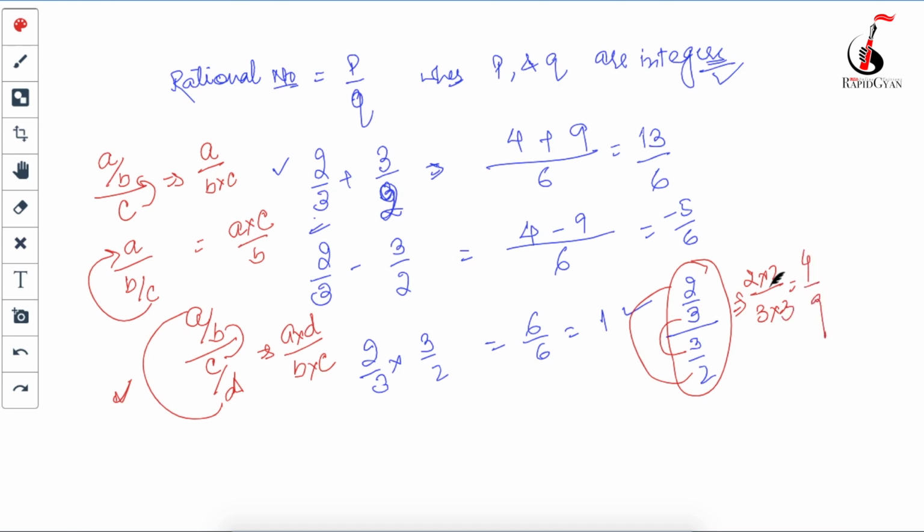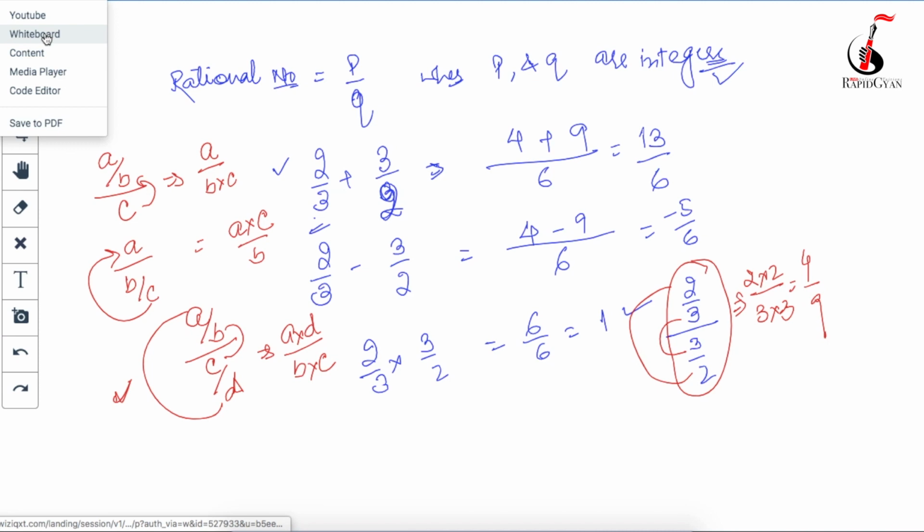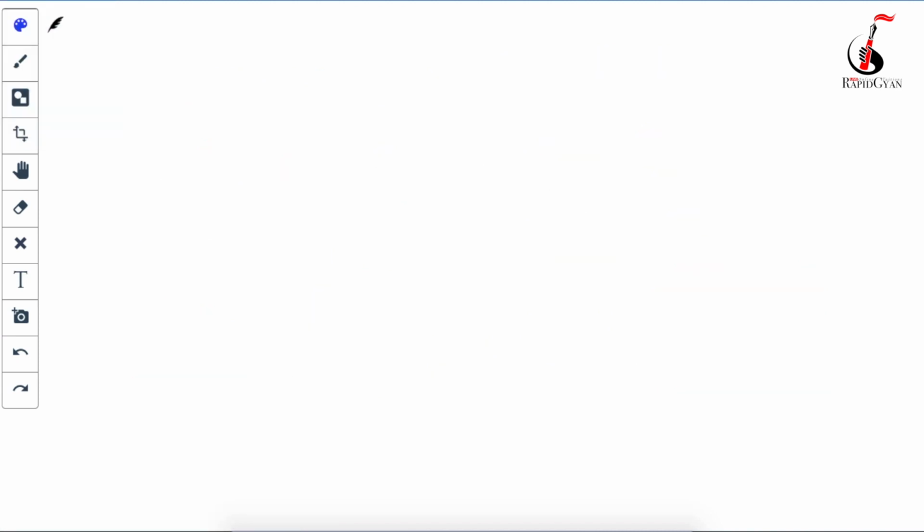So these are the mathematical operations on rational numbers, and all these operations you have already studied in your previous classes. I am just doing it for your recap, for your revision, so that you will remember these things. Because we might need this in this chapter or in other chapters of your class. Okay, so let's look into a few properties of rational numbers, which are important.